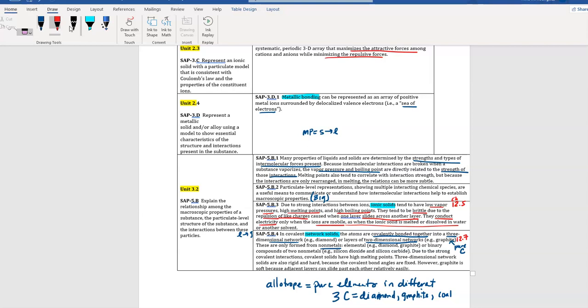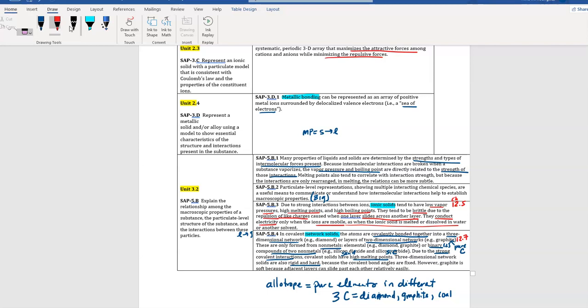All right, so these are only formed from nonmetals, elemental, diamond, graphite, or binary. Remember, binary means 2. Okay, 2 compounds of nonmetals. Silicon dioxide, that's sand. Okay, and silicon carbide, that's obviously silicon and carbon. Okay, so Si and then C. Due to the strong covalent interactions, so very strong covalent interactions, they have very high melting points. 3-dimensional network solids are also very rigid and hard, okay, which means like rigid, they're not smooth, okay? So definitely has some